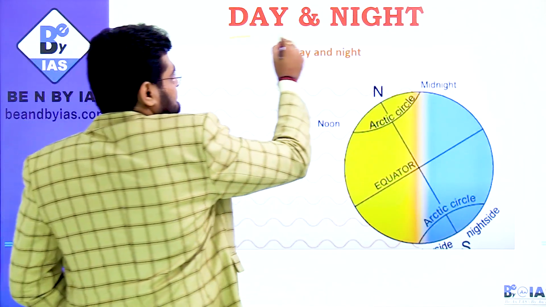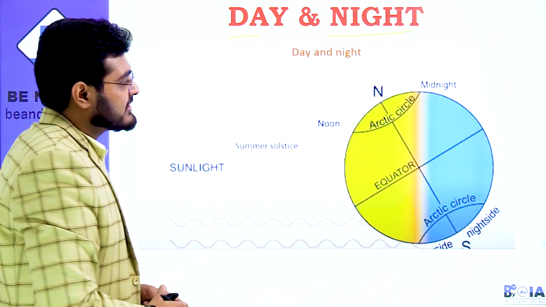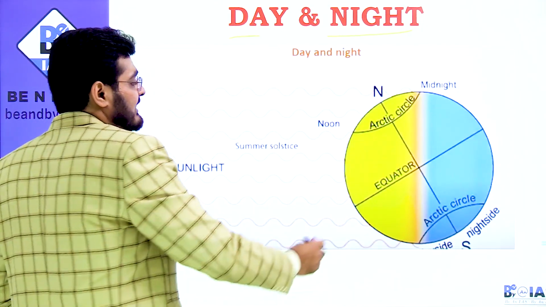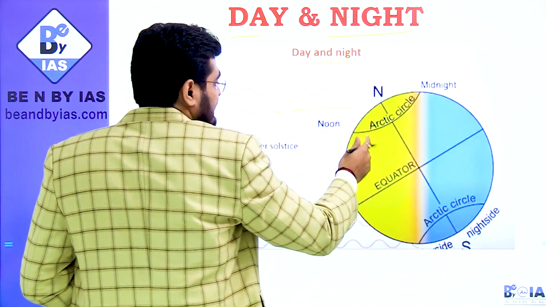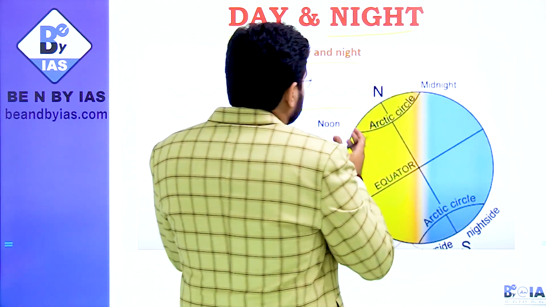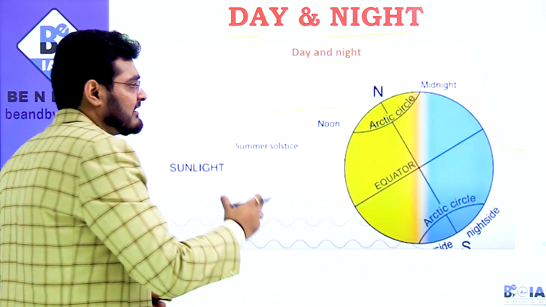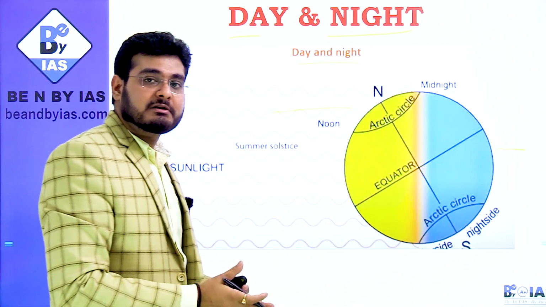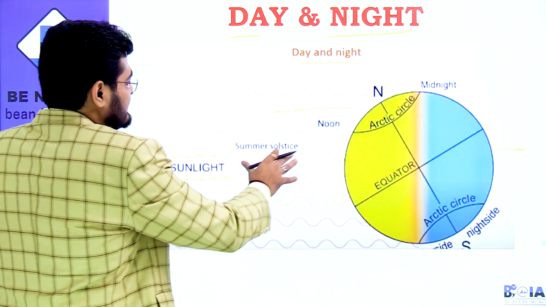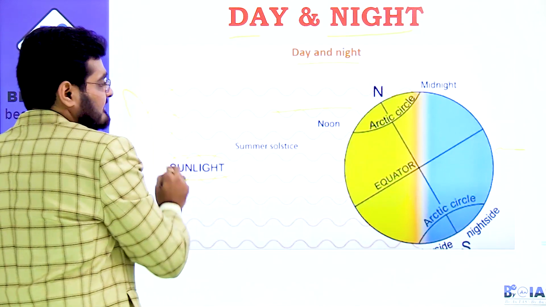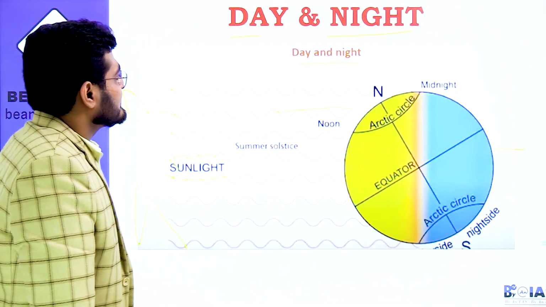Day and night, that I've explained you in the rotation when we were looking at the animation of rotation of Earth, that the part which is having a maximum amount of sunlight would be receiving the daylight, that would be day, and night would be on the other opposite side. And northern or southern में किसमें ज़्यादा होगा, किसमें कम होगा, that also we have seen. Okay, so this is your sun, this is the sunlight which is falling, and all the other things which I have explained you, that is the same for this.